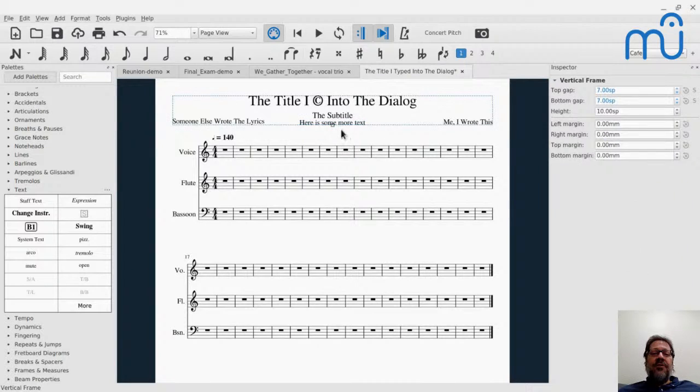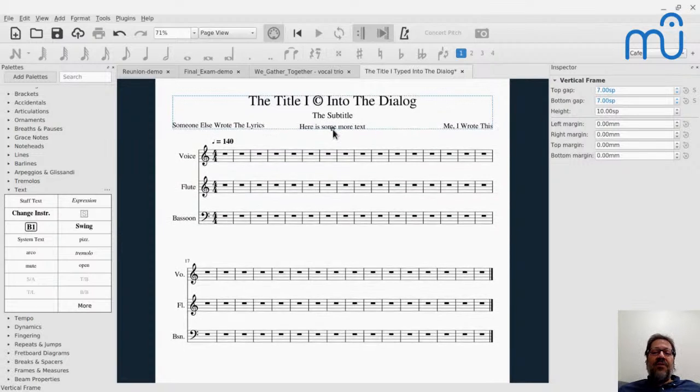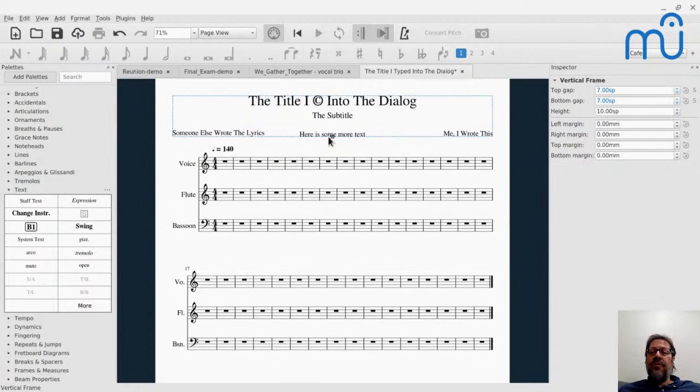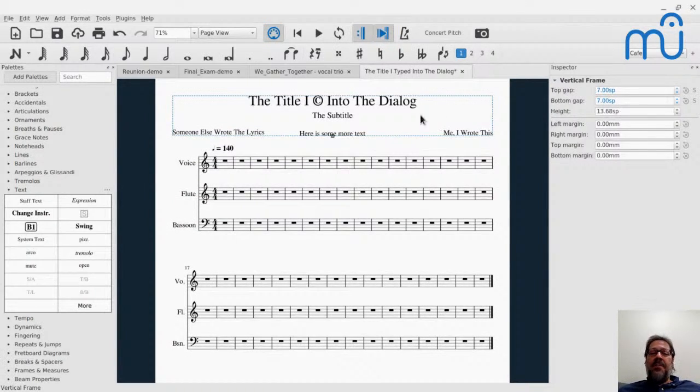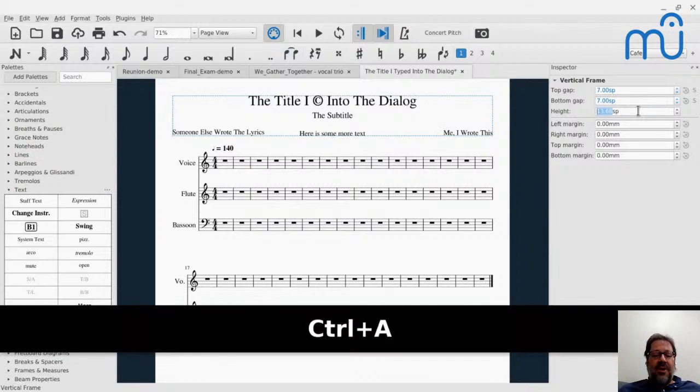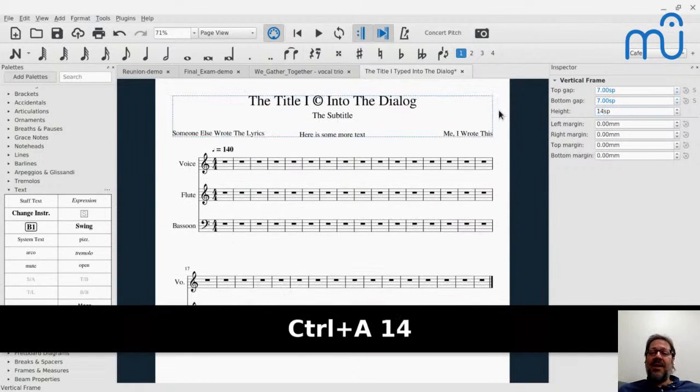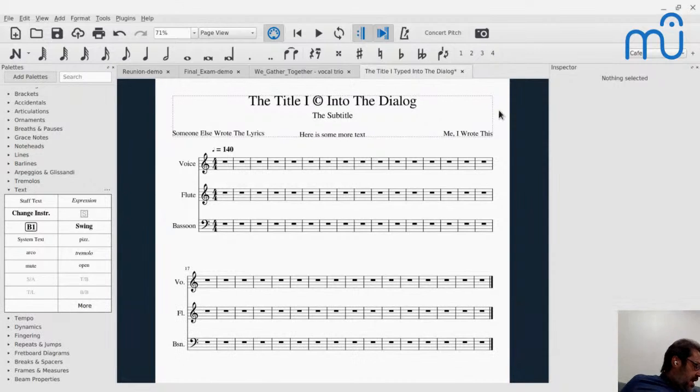And then also, if you look at this frame and say, hey, everything is too squished together, I can just make that frame a little bigger, and the stuff that's attached to the bottom of the frame will move with the frame. Because I don't particularly like dragging things, I'm just going to type a number into my height box because I like round numbers. I'm just funny that way. So that's all stuff having to do with title frames.